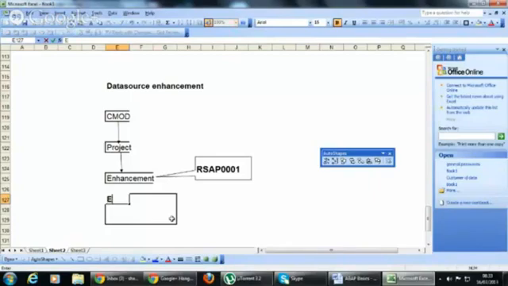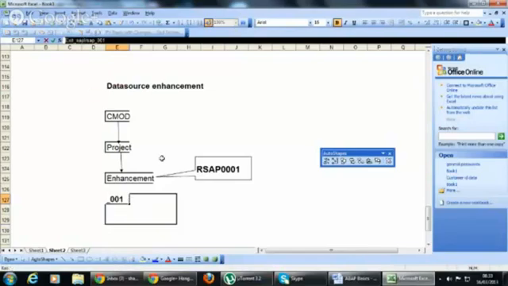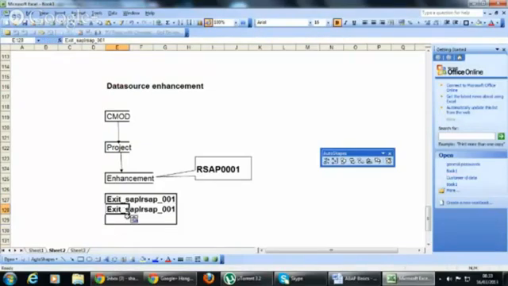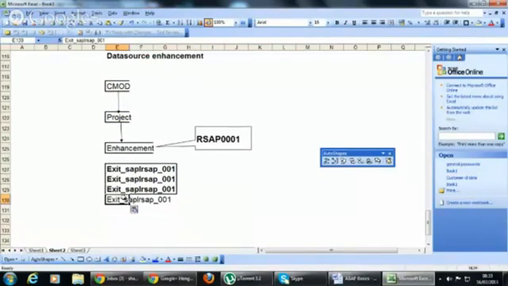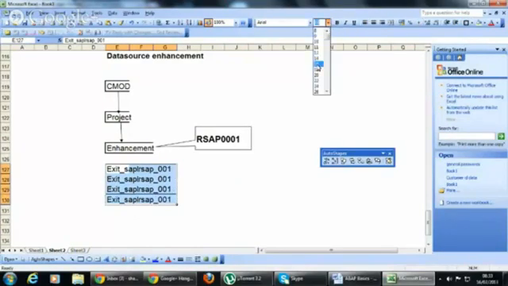So those are exit, SAP, LR, SAP, is 001. So in this function modules,